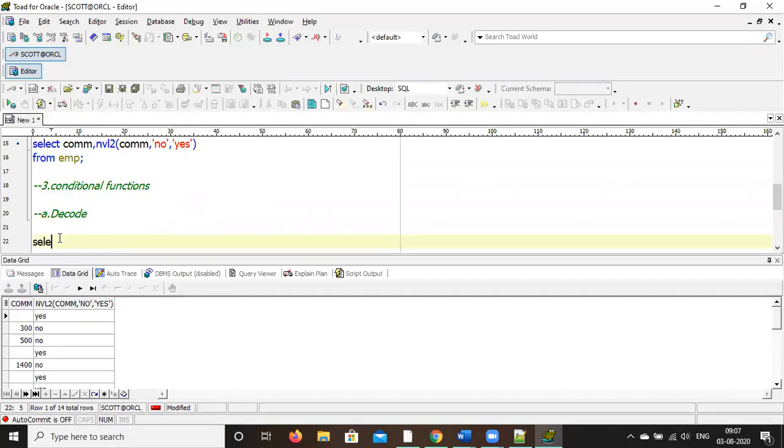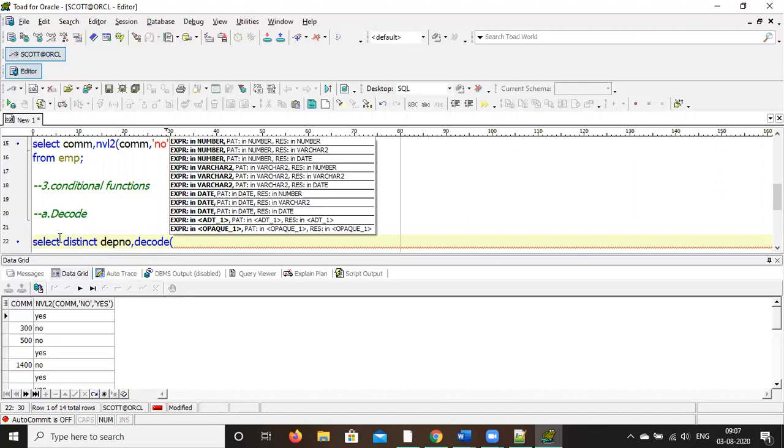Select distinct department number, space, department number, comma, DECODE, bracket start, department number, DPTA.